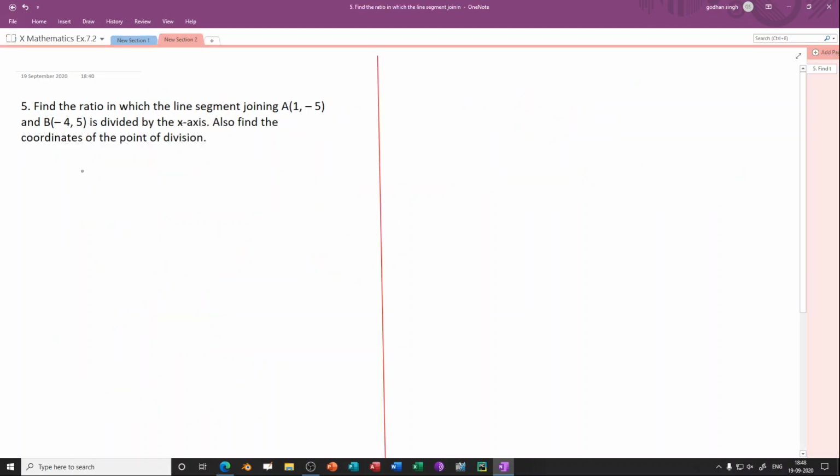Question number 5. Find the ratio in which the line segment joining A 1, minus 5 and B minus 4, 5 is divided by the x-axis. Also find the coordinates of the point of division. Now here the point P which is dividing AB is lying on the x-axis. Therefore it will be of the form x, 0. So let us write that down. Let P x, 0 be the required point,